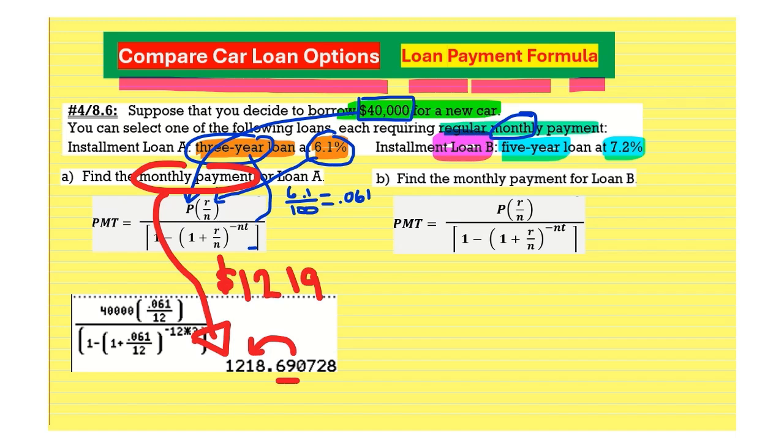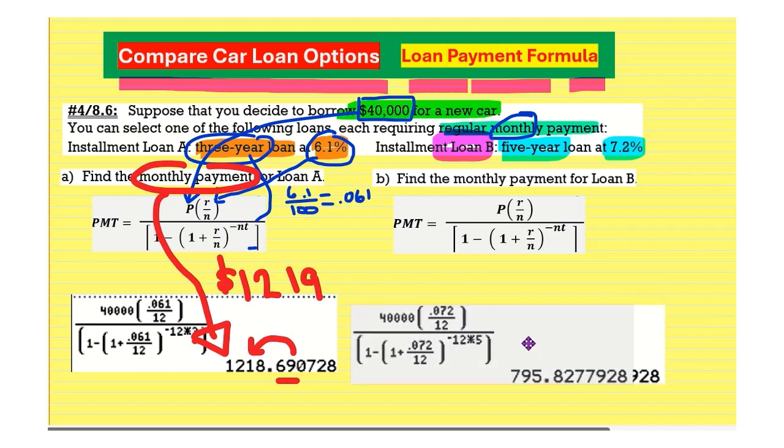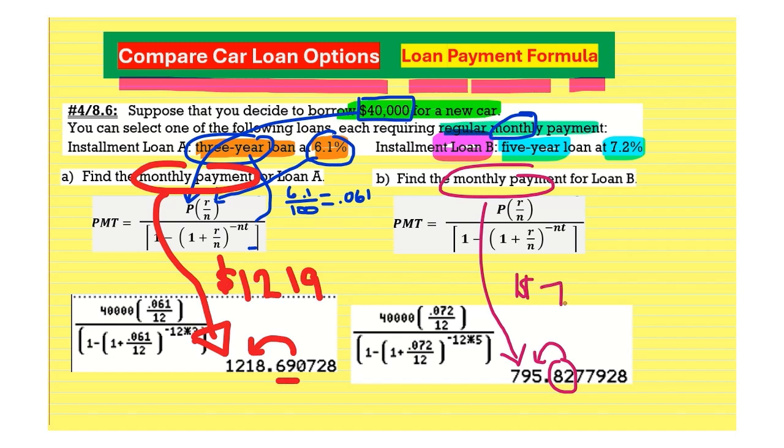We're going to put all of our numbers into our calculator and pop out the monthly payment for loan B. And when we put all those numbers in correctly for loan B, we will come out with a monthly payment for loan B of 795. The 82 cents, we're going to round up. So our final loan payment for loan B is going to be